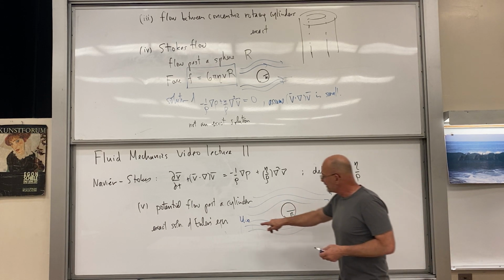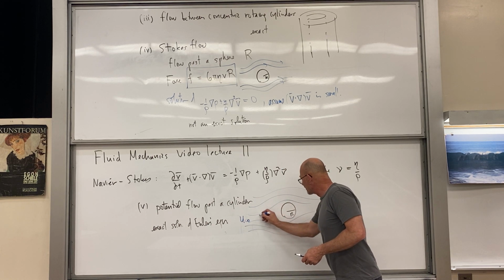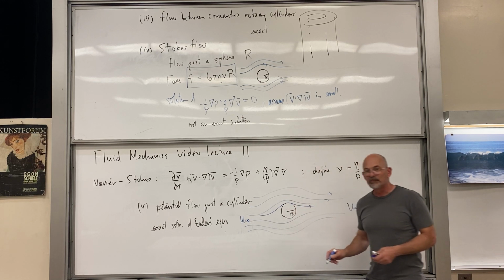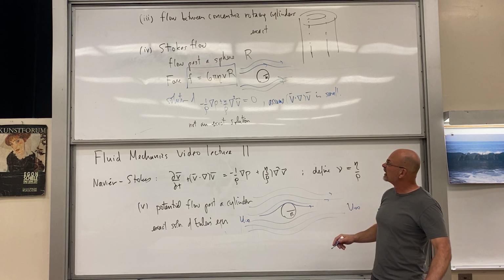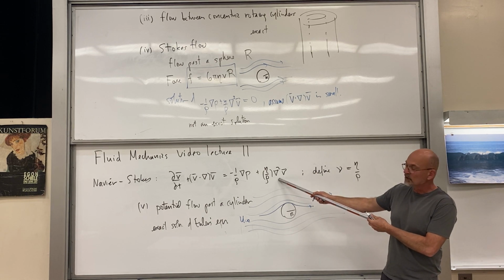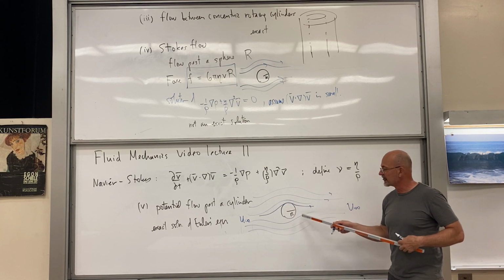Okay, so if you have this speed at infinity, what you find is you're actually going across the surface here with double the speed that it has at infinity, a complete violation of the boundary conditions, the physical boundary conditions that go with this term here that state that the velocity vanishes. Okay, so